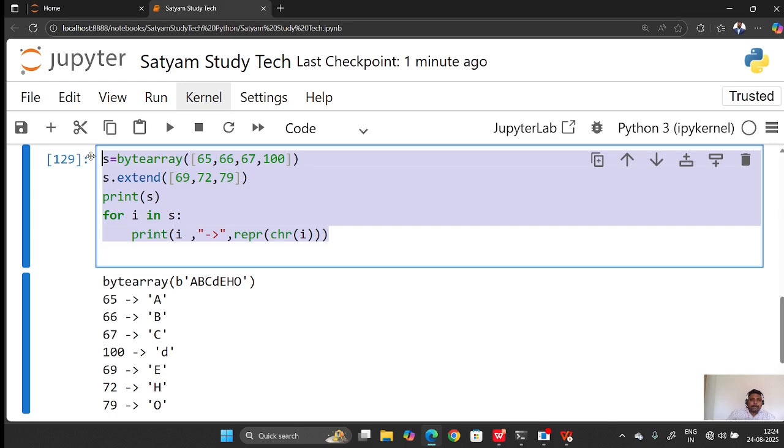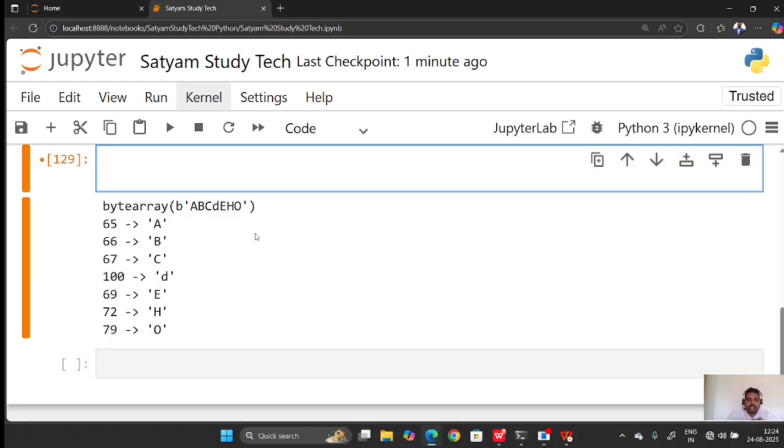Okay, now let's discuss some common functions. So here, the functions we discussed are append, insert, pop and remove, and clear can also be used. These are the functions used in byte array, because byte array is a mutable type, we can change it. So now what are the functions I am discussing here? For example, here